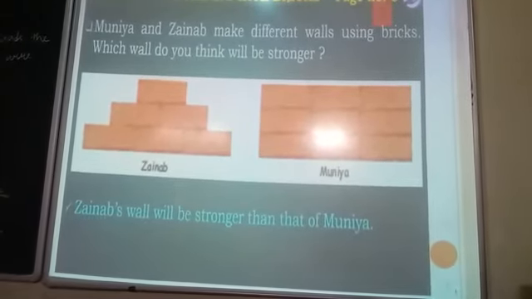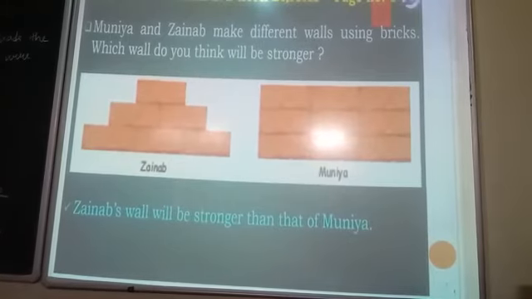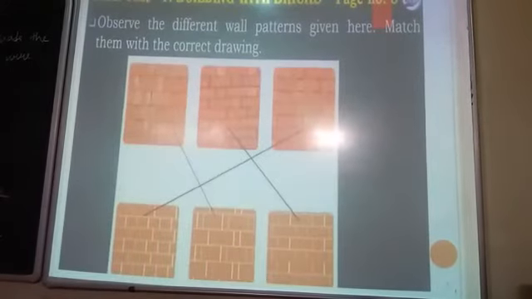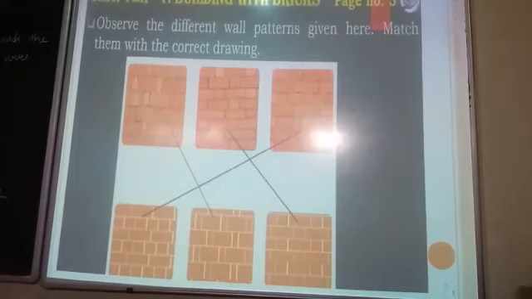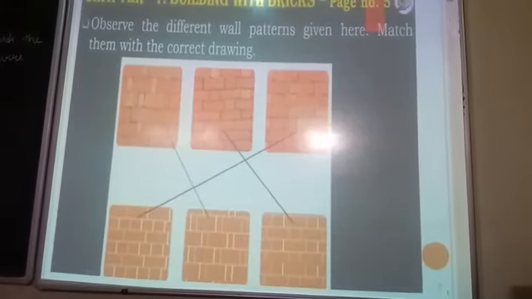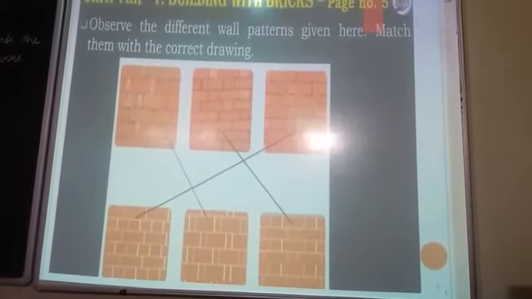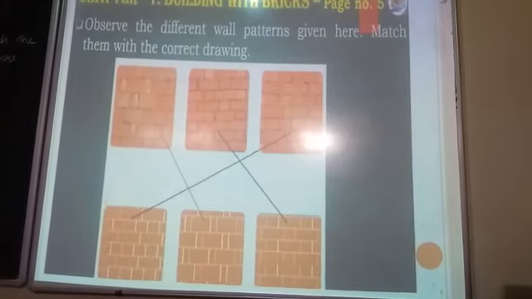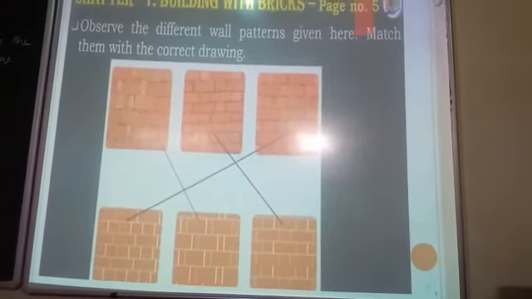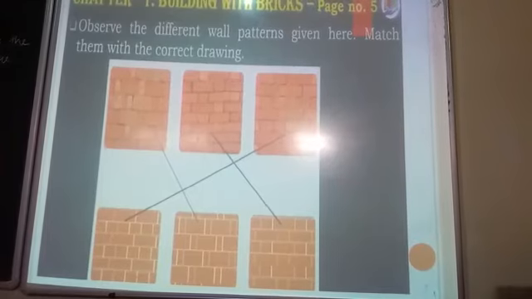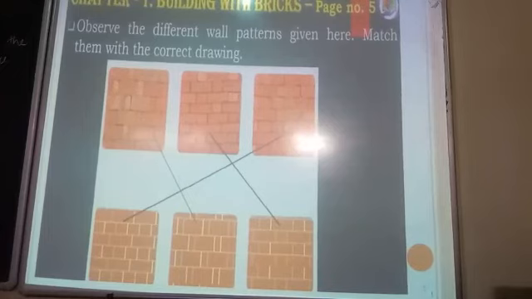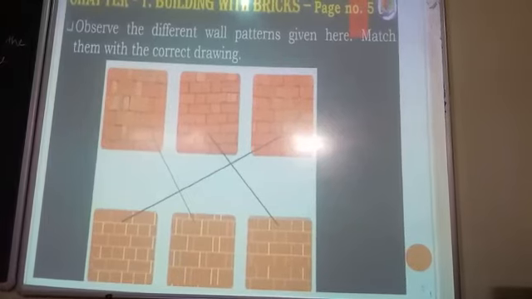Next, different types of walls. You can see that different types of walls are there. So in this way it is there. You have an activity in your book. You can match it. Here are photos of 3 kinds of brick walls. Can you see the difference in the way the bricks are placed? You have to match those to the drawings given below. Now match the photo of each wall with the correct drawing below. You can match this in your textbook.